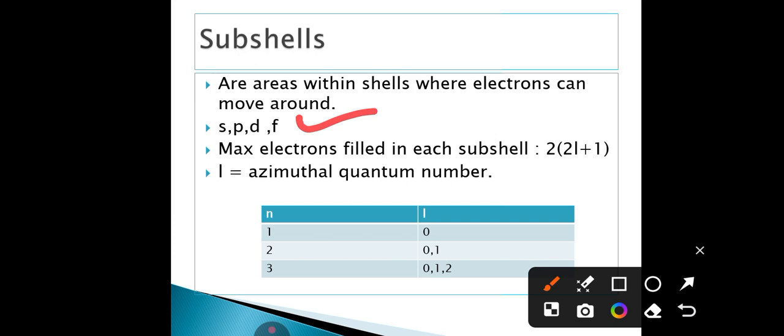Okay. Now there's a tabular column which I have given here, n and l. So now let's see how these two are related. See, as I already told you, electrons are always like